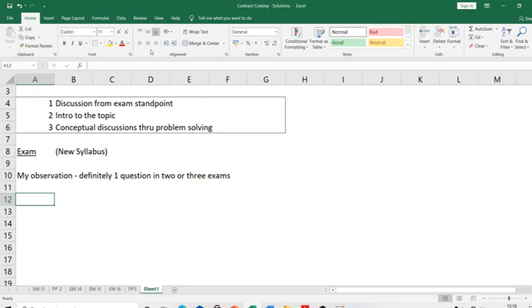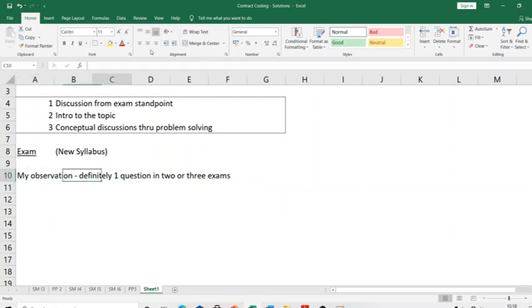Be it costing or be it FM or any topic area, when we say that a certain topic was not tested regularly in the exam, when I say that a certain topic did not get tested in every exam in the past, that does not definitely mean that in the future also it's going to be like that. But compared to some other topic which got tested regularly, we can probably make a logical inference that this topic was not as important as the other topic which got regularly tested, right? So that's the message I want to send across when I say that.